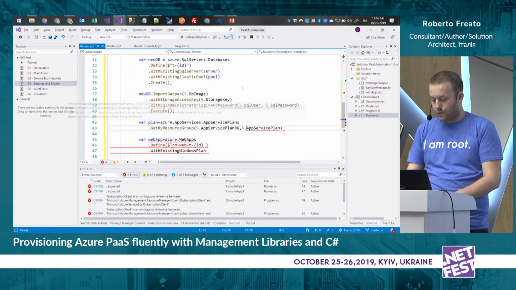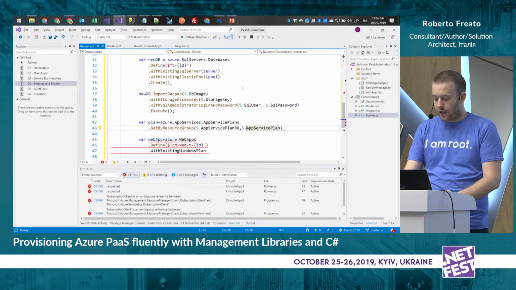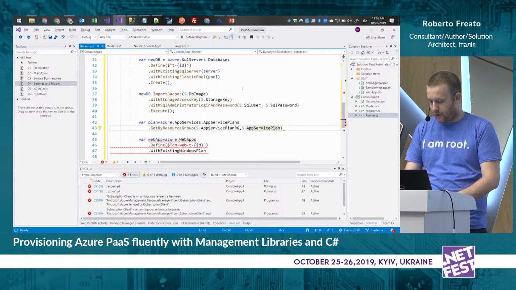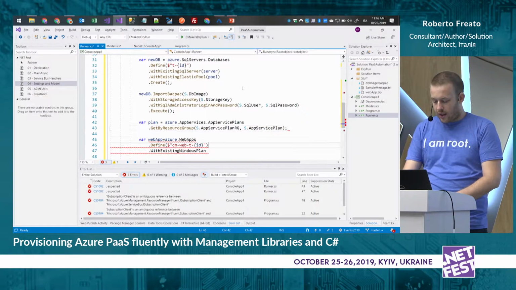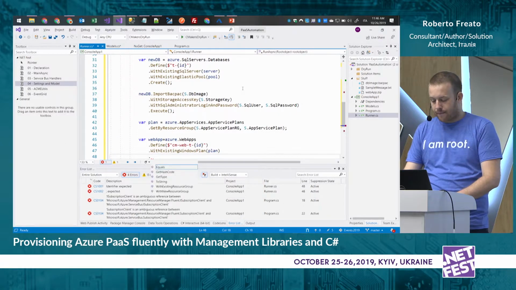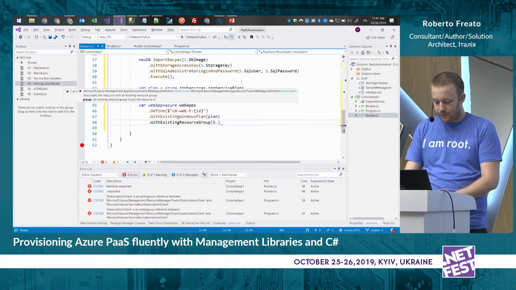The other resource group is demos, and the service plan is demos win, because it stands for Windows, okay, because we can also have plans in Linux. Okay, now I can say, okay, with existing Windows plan, with existing resource group,